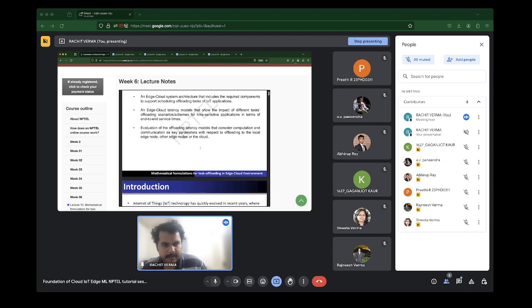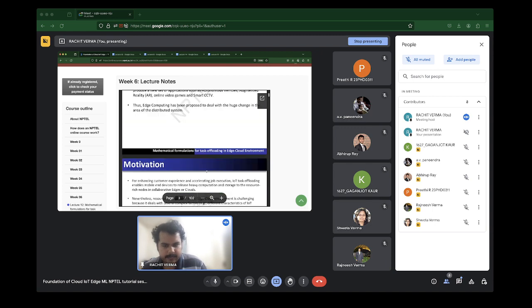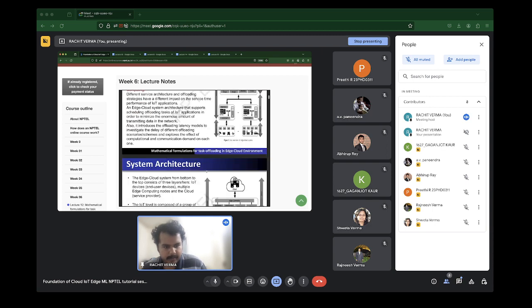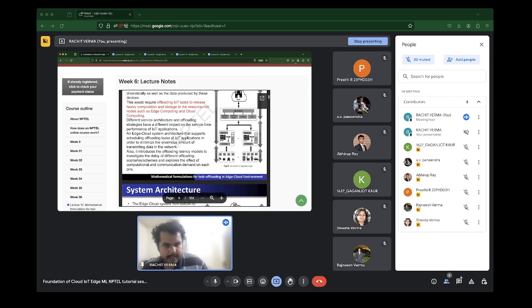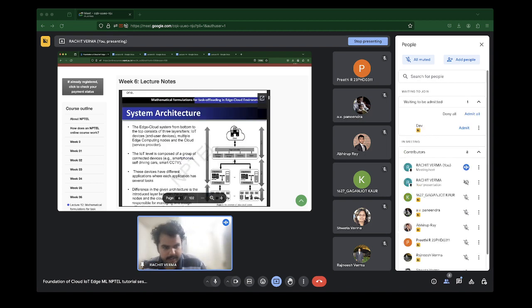And then we evaluated the latency models. These latency models considered computation and communication as parameters when they were considering offloading. So a simple system architecture was discussed.